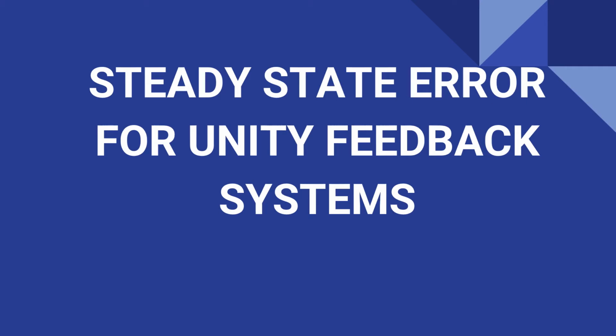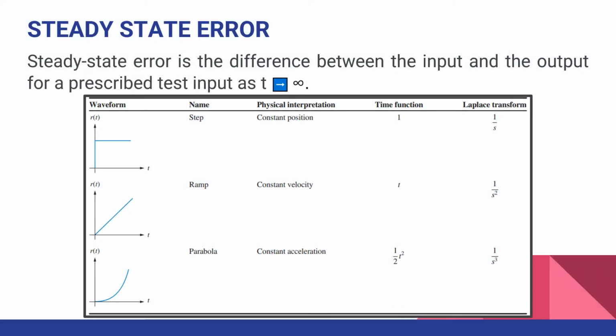for this report. So the first topic will be all about steady state error for unity feedback systems. Steady state error is the difference between the input and the output for a prescribed test input as time reaches infinity. So what this means is that the steady state error, or the error function of an example block diagram, is just equal to the input minus the output, in which time goes to infinity. As you can see in the table below, which is in waveform named physical interpretation, time